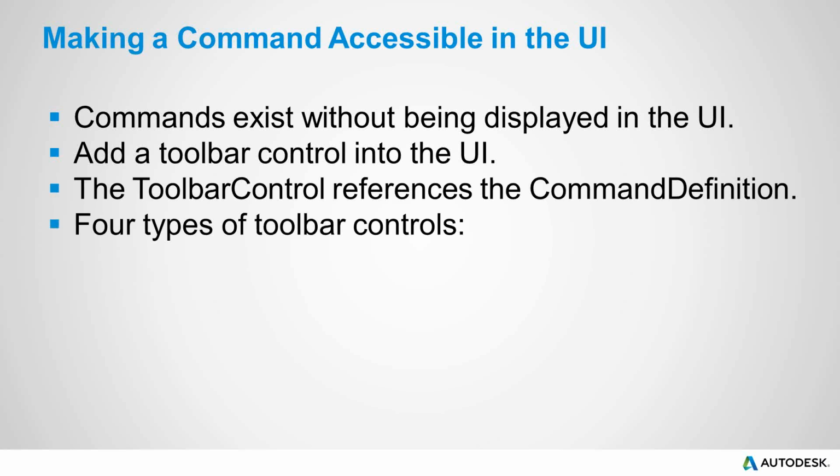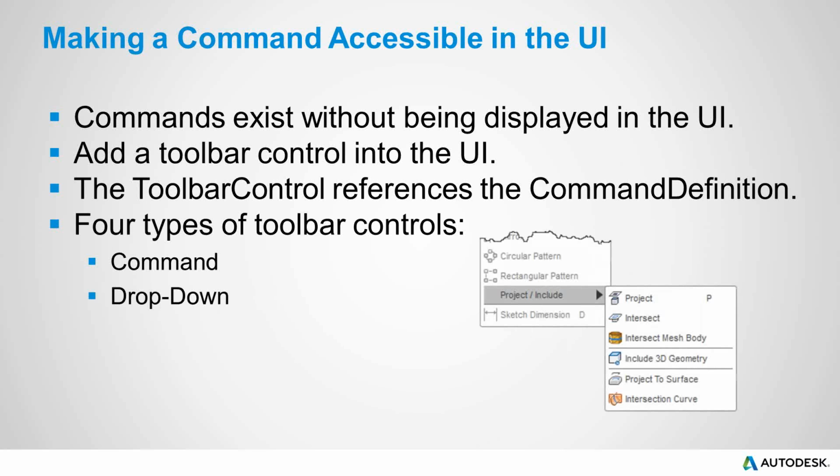Right, so there are 4 types of toolbar controls. So the most common is a command, so that's just a button. Another one is a drop down, and that's this project include. So that's just for organization within the user interface. So clicking that doesn't do anything. It just pops up this list of commands. Right? So it's just a way to build some organization into the UI. So I can create a drop-down control,